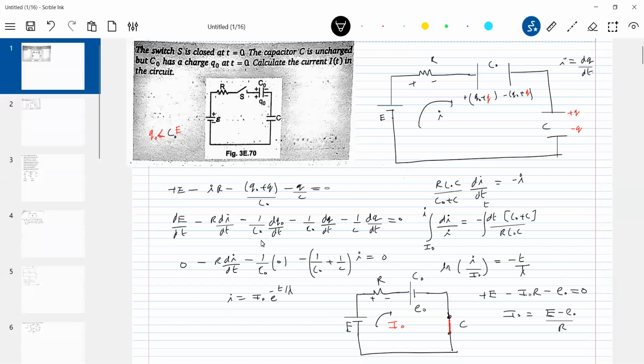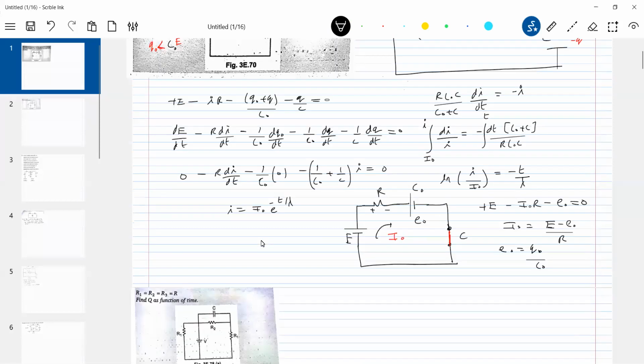Q naught by C naught. Substituting this, we'll get the I naught. I'll write this equation here only. I is equal to